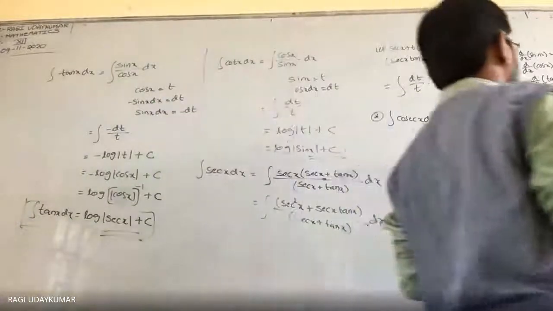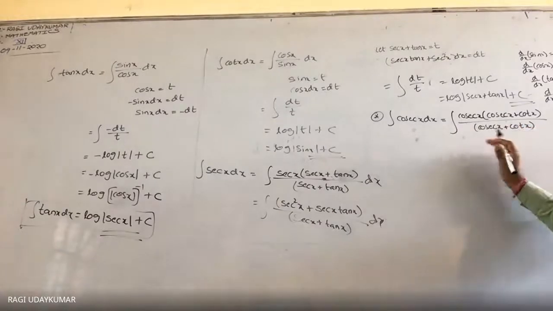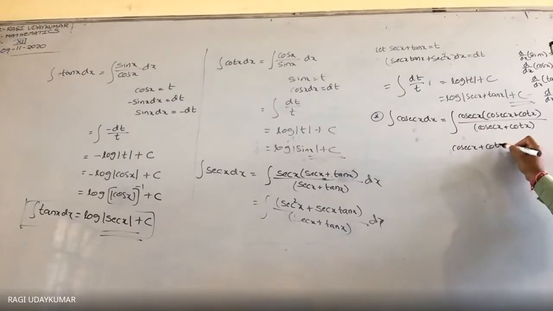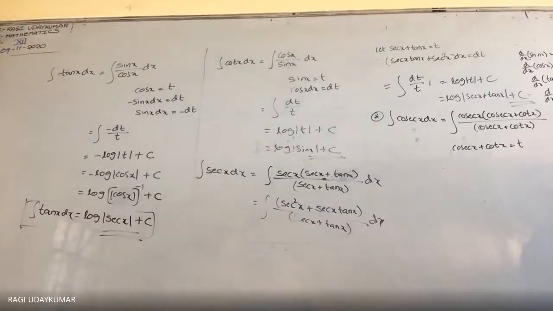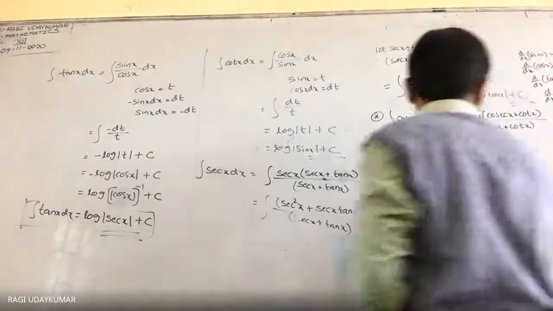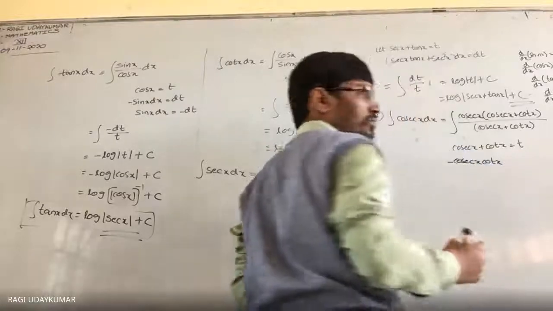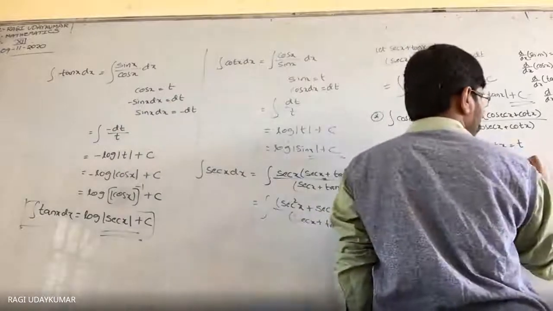So here, whenever you see such type of things, you have to remember that. If you remember it, then cosec x will come. Suppose you consider it like this, you multiply. If you consider cosec x plus cot x is equal to t, then what is the differentiation of cosec x? Minus cosec x cot x. Yes, minus cosec x cot x. Next, minus cosec square x